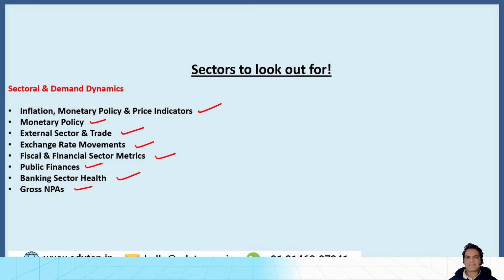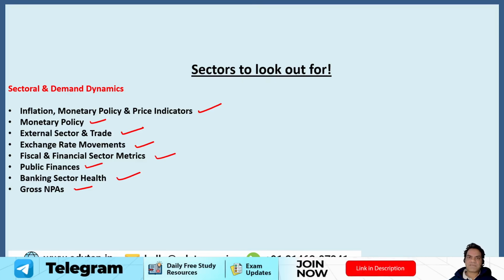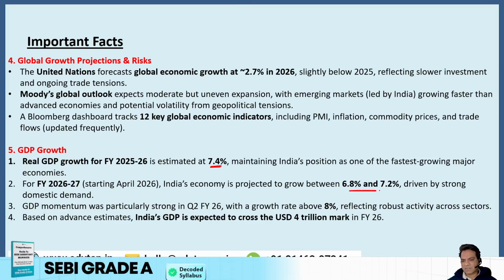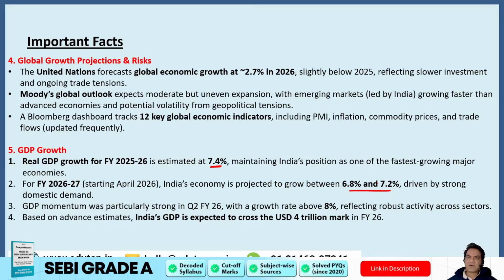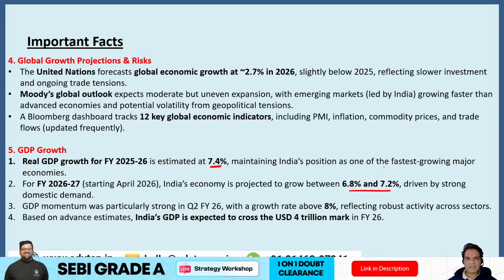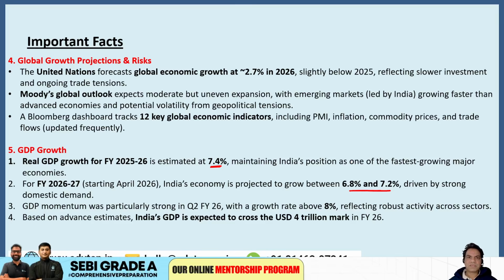And guys, it's not that you have to prepare one particular fact for one essay. One point can be discussed in multiple essays. I'll give you an example. So guys, you just read that the real GDP growth for 25-26 is estimated at 7.4, and next year it is expected to be between 6.8 and 7.2. If I know this fact, can I not use this fact in any topic related to economy, GDP, growth, market, anything related to banking, or in general in almost every topic that is related to finance, economy, social issues, or current affairs based issues, right?